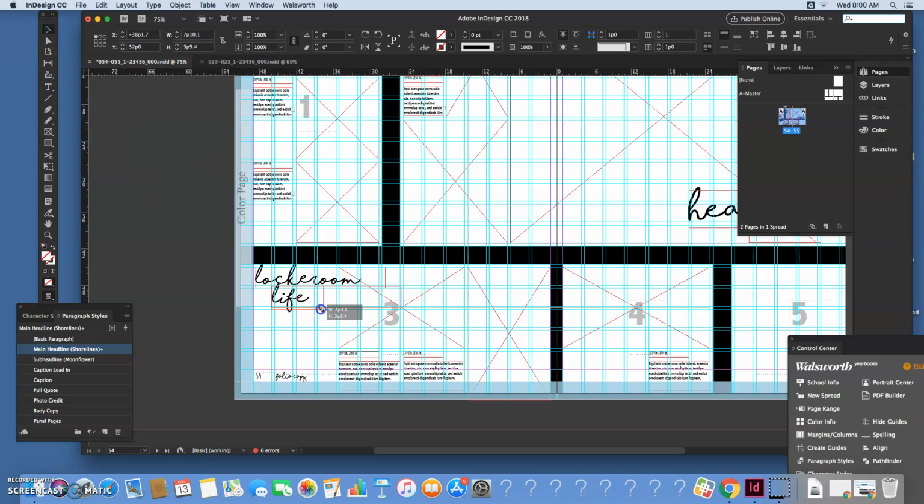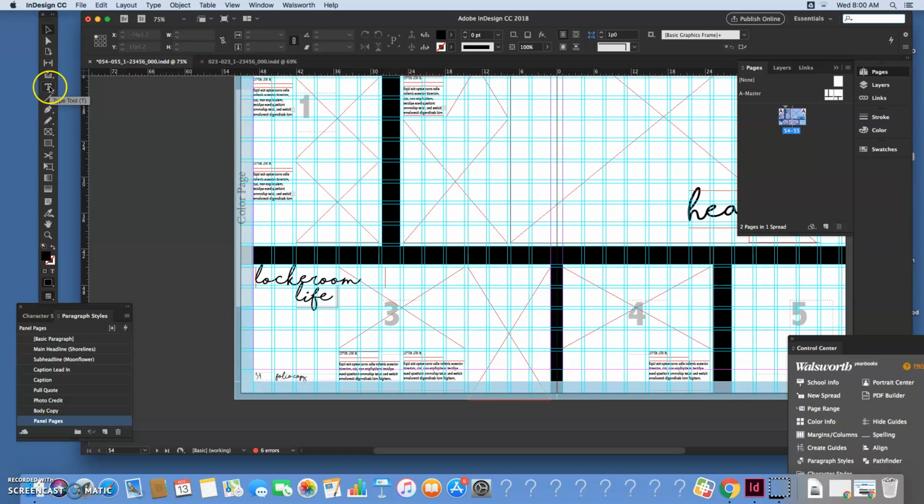And I want this headline to look kind of cool in there. So I'm looking at the edge of that photo right there. I want it to be just outside the edge of that. Locker room life. Okay, locker room life. I like that. And so then I'm going to draw another text box